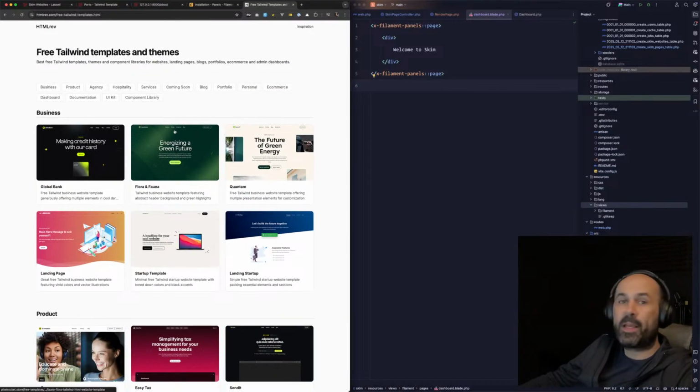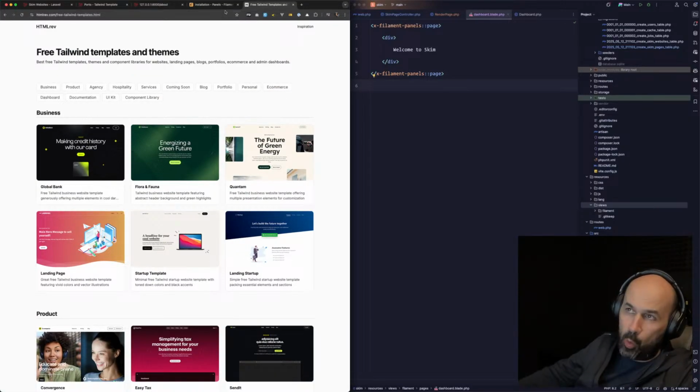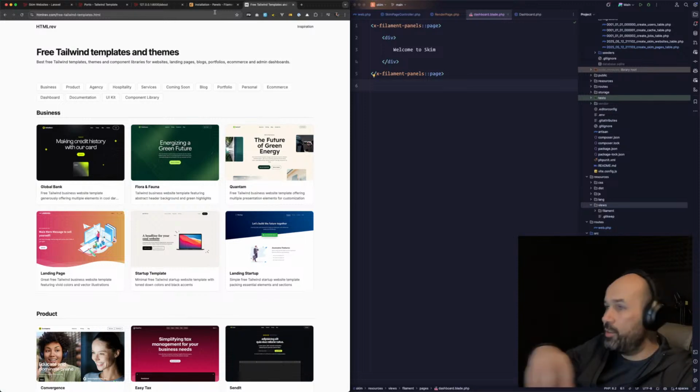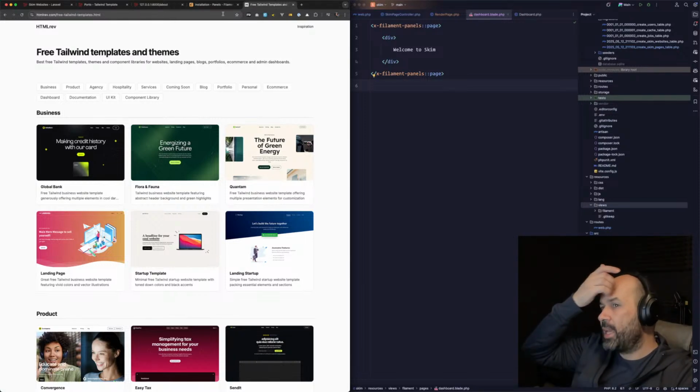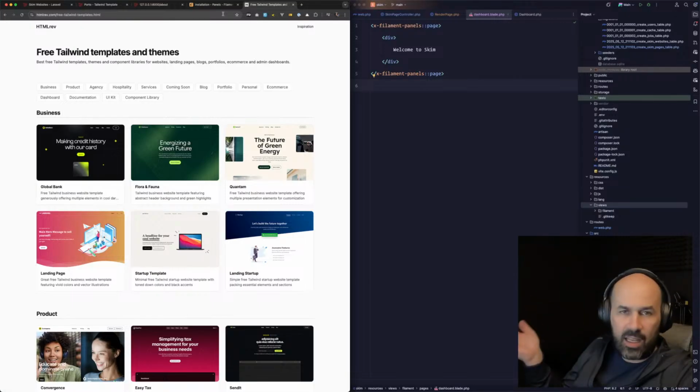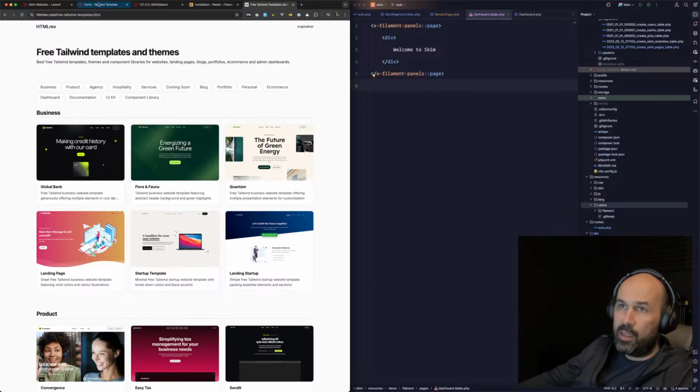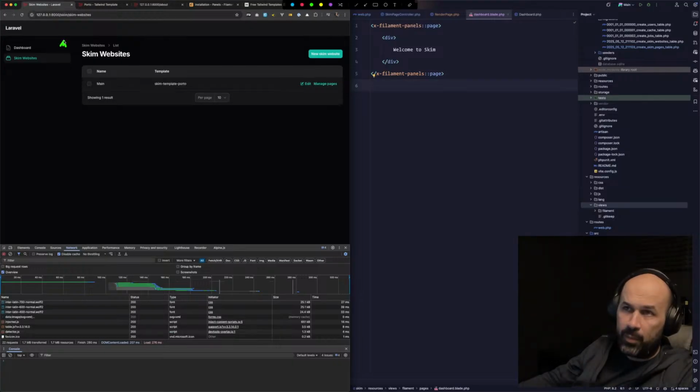So my expectation is when this is finished, I mean not even finished, on beta version, alpha version, I can just install this in any Laravel project, Filament or not, and if I install it, then just like